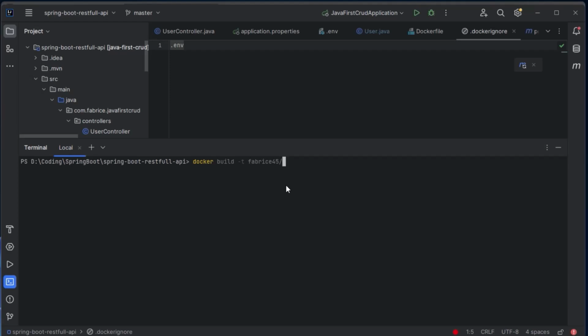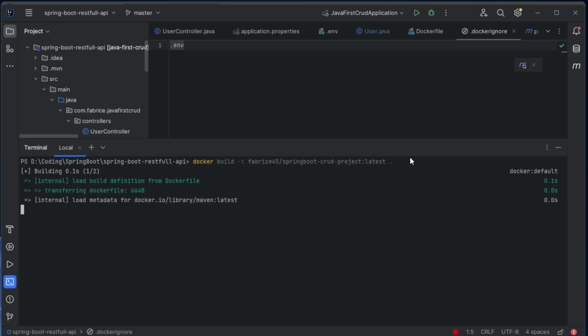Let's call it Spring Boot Cloud Project, and also let's give it a latest tag. Next, we leave a space and add a dot, just to say that our Docker file resides within this path. Let's hit enter and wait for our Docker image to be built.